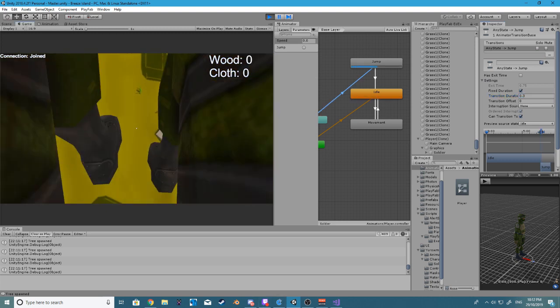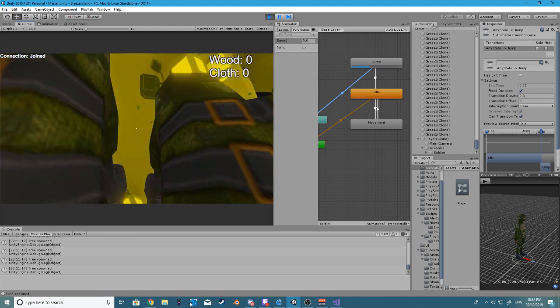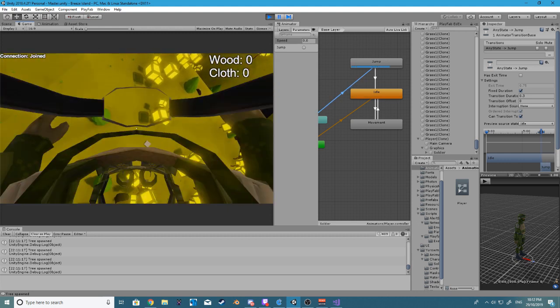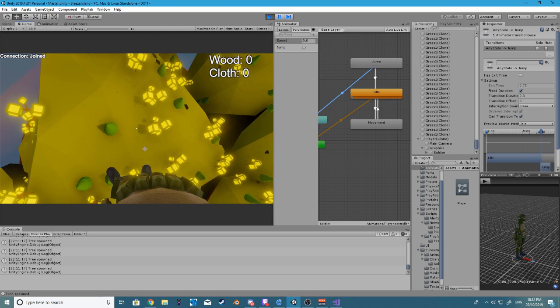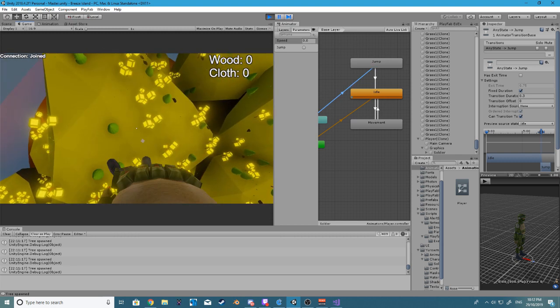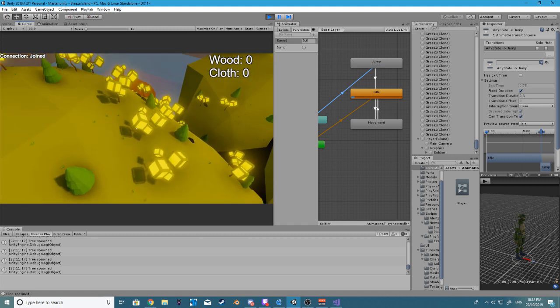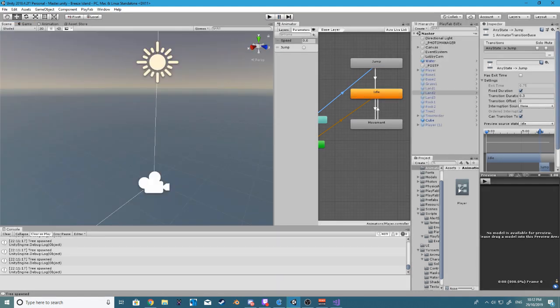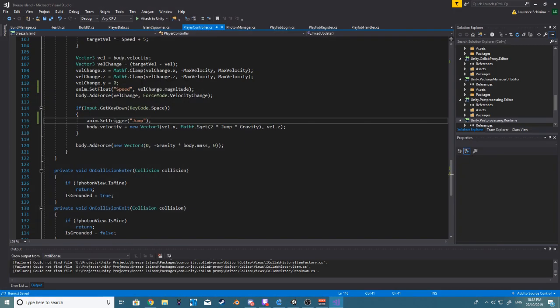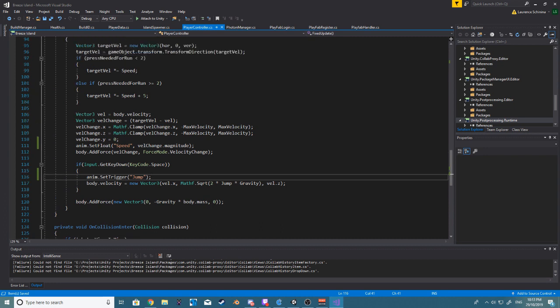We should be fine. There you go. We were having jumping problems. Alright, we have a jumping animation now. That's all set. So now it's just our speed, and the simplest thing we can do here with our speed,